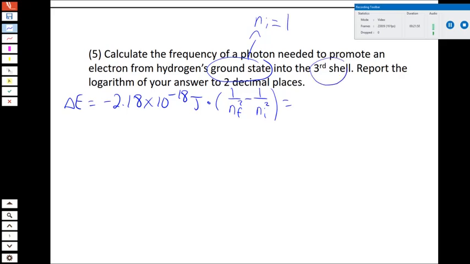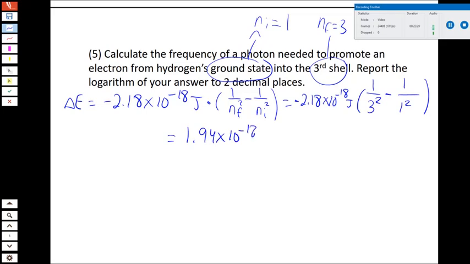And then we're going to the third shell, which means that the final value of n is 3. Okay? So ground state always means n equals 1. And then we have to just put those two into this equation. So minus 2.18 times 10 to the minus 18 joules. The final value of n, if we want the sign of this to be correct, we need to put these in the right order. So it's 3 squared, that's the final value of n, 1 squared, which is the initial value. And so what we get is a delta E of 1.94